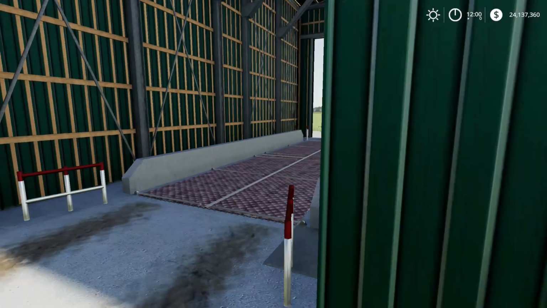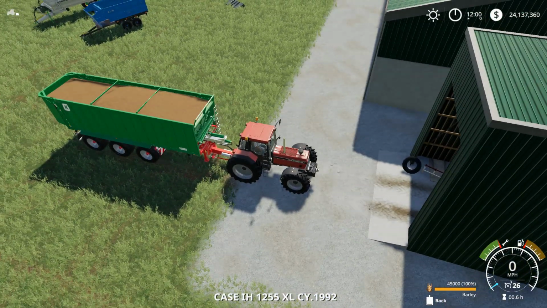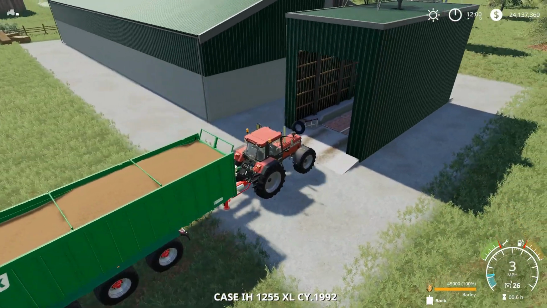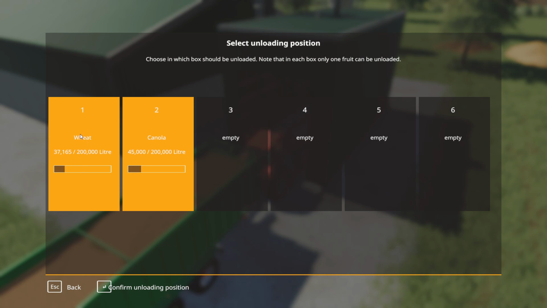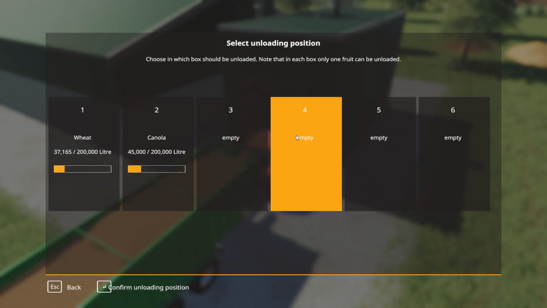So let me go take our tractor here. We're going to go dump this in. Now we have barley, and I don't believe we have barley anywhere in this. So in order to figure out where we're going to place this, once we're entering, we're going to hit the T key, and that's going to bring up, well, our unloading position. So you can see in the first spot we have some wheat, we have some canola in the second one. Let's see, I think it was number 4 we opened up. So let's see if we can place it in number 4. I'm going to select that,